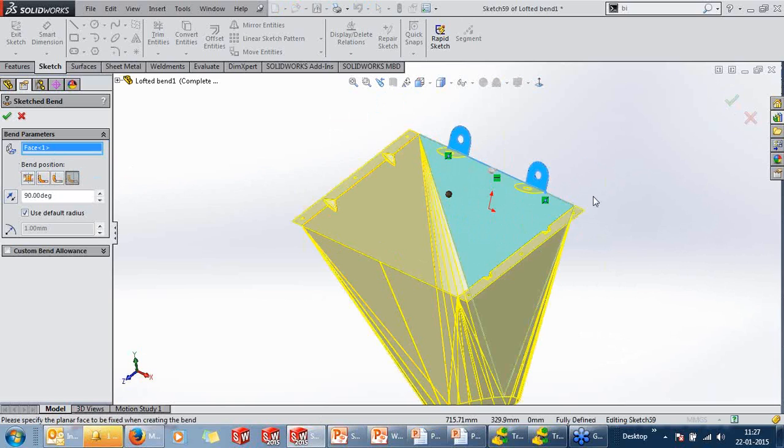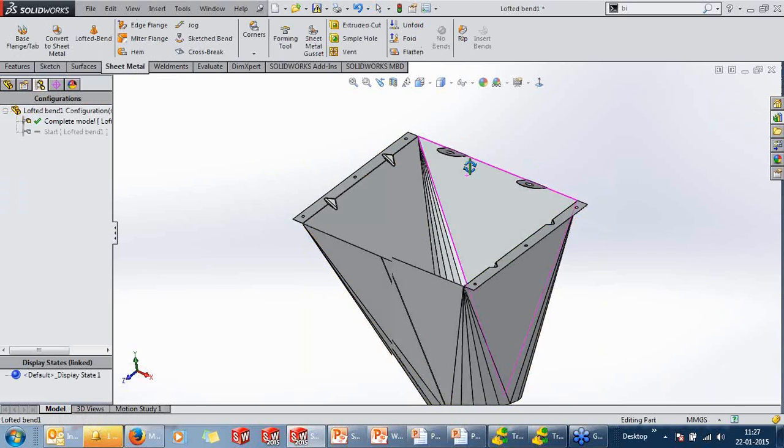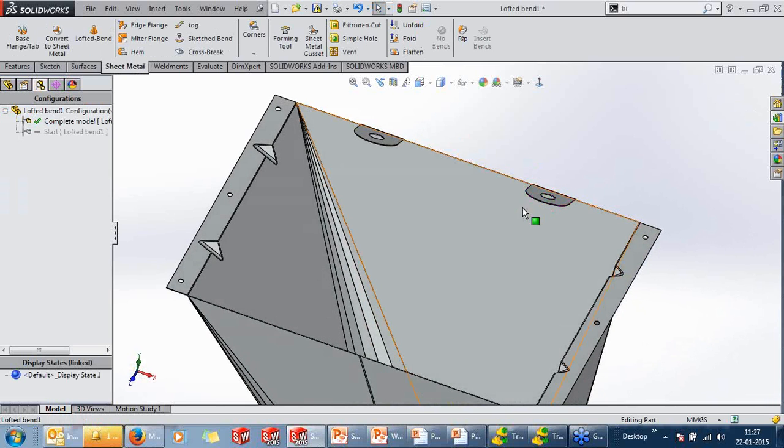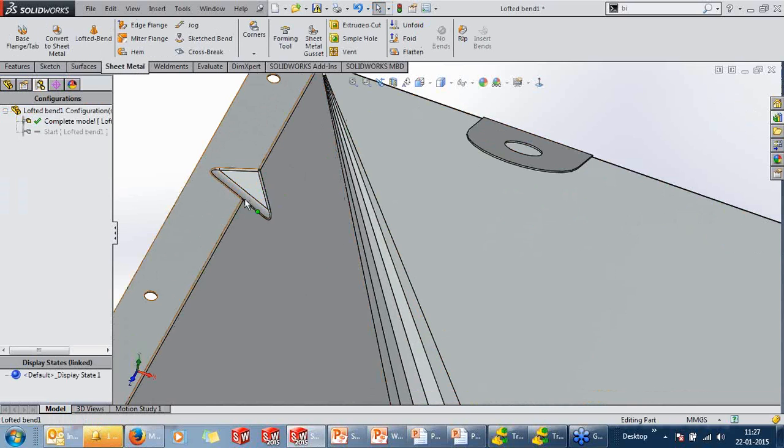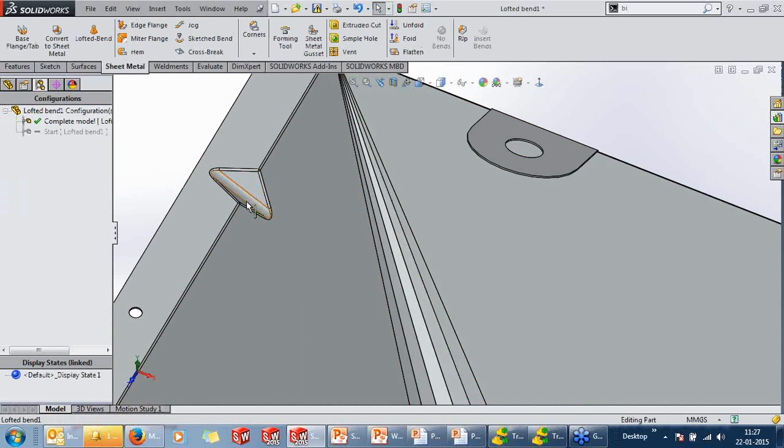We can see what exactly is bending. We always had confusion which way the part might bend, but now we have a preview of it, so helping us to create the features faster. Let us concentrate a little on these gussets.